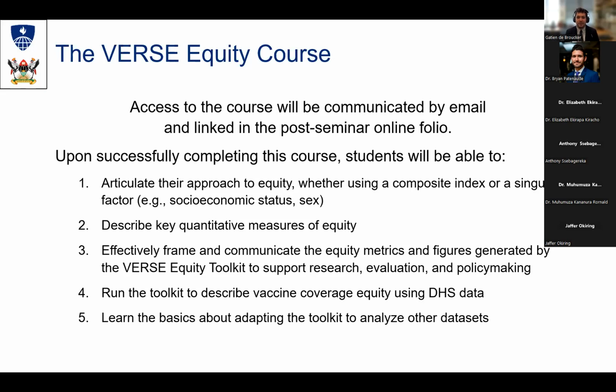And so this would allow you to not just download and use the tool, and get to know how to interpret the results, which is quite significant, to be able to interpret equity metrics and coverage metrics for any health services and make an appropriate judgment for program evaluation or policy guidance from this, but also to learn how to program it. It's based in R Studio. It works really well. It does require a few programming skills, but things that you can really learn quite easily